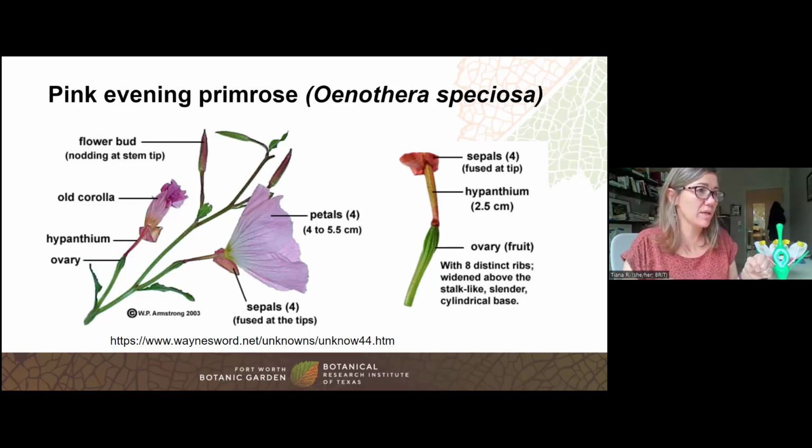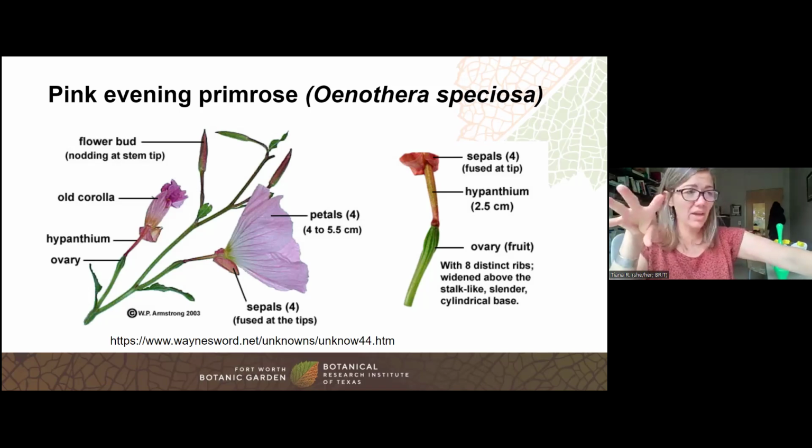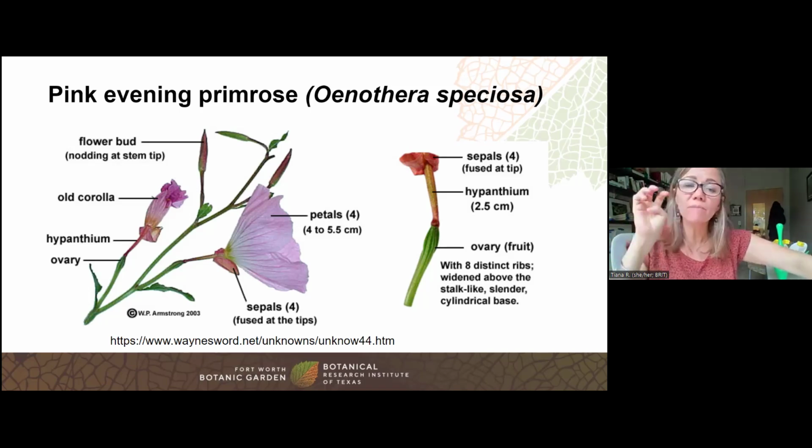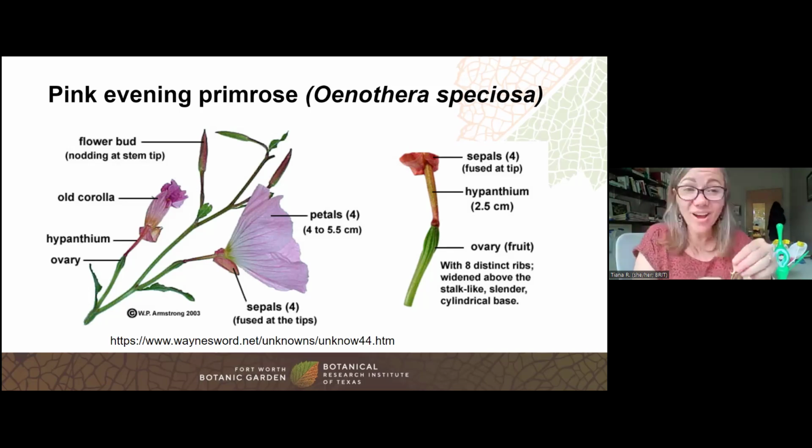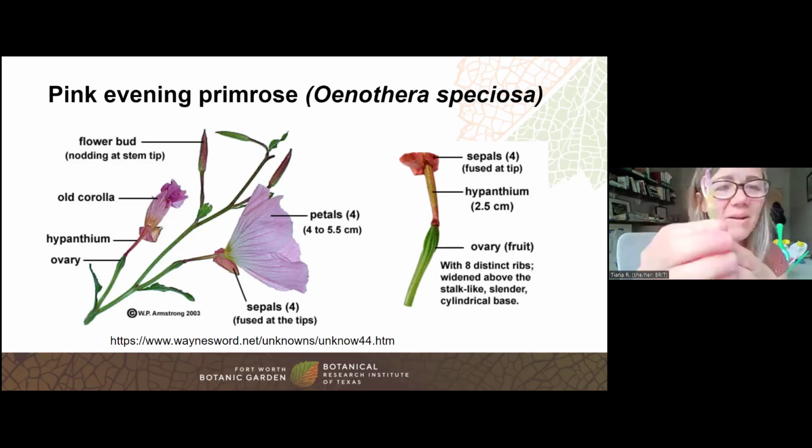So let's see, where's the best place to start? Okay, well, let's start with the biggest pink part on there. Those are the 4 petals. So we're looking at the perianth right here, the 4 petals that are bright pink that have those kind of darker pink veins. Beneath it, the outermost whorl, we have the sepals, right? So the calyx, and there are 4 sepals in the calyx. And if any of you have worked with this plant before, you know that they're kind of strange. And when you're trying to count parts, it can be difficult because